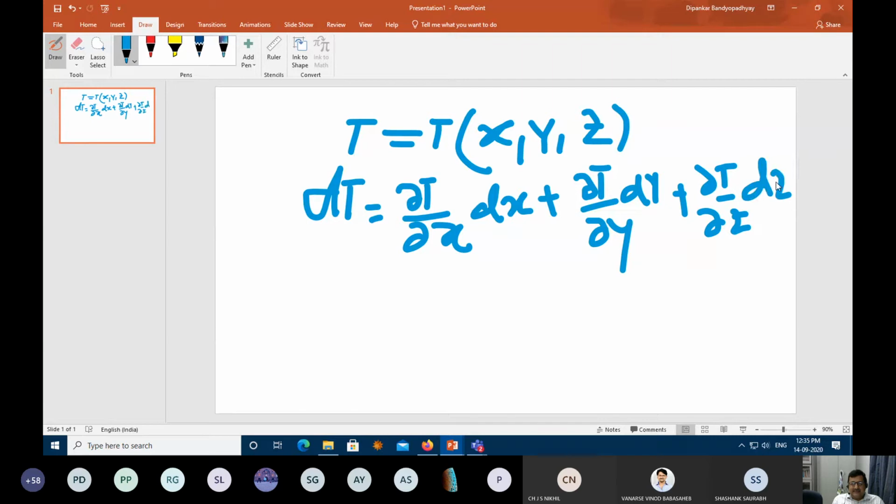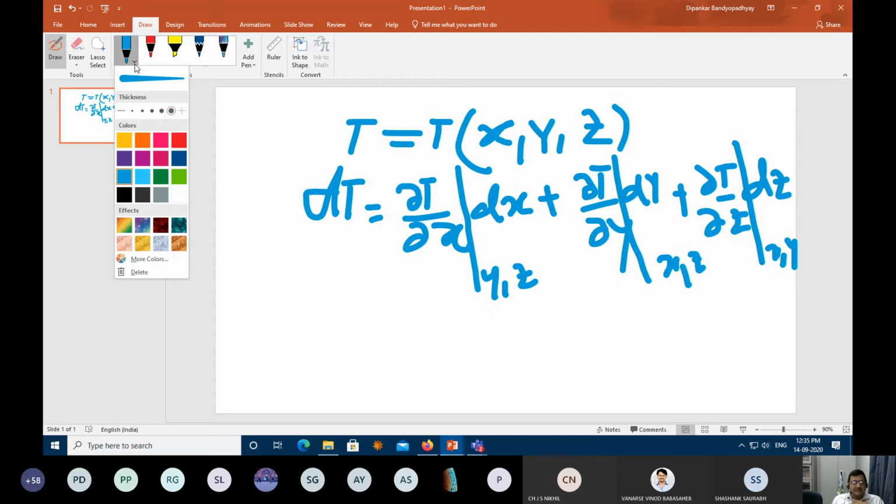Okay. So these are all, this del T by del x means you have here y and z as constant. Del T by del y means here you have x and z constant. And del T by del z means here you have x and y constant. Okay, so under that sort of situation,